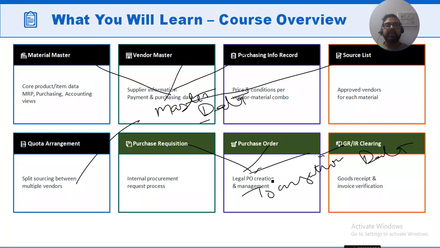So transactional data is dynamic, and as per the business requirement we are raising it multiple times. It can change, and we can create it multiple times. Purchase requisition means it's just an incident. Suppose I want a mobile,